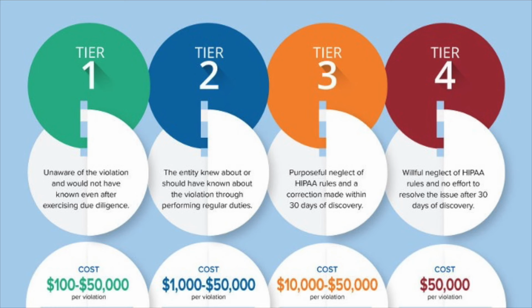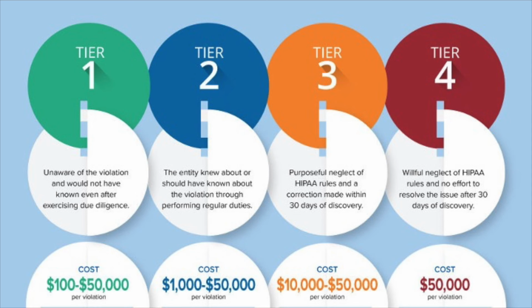Tier 2, where someone does something inadvertently, the entity knew about it or should have known about it through violation, while performing their regular duties, is between $1,000 and $50,000 per violation. And then there's the purposeful neglect of HIPAA rules, so not following policy and procedures. A correction has to be made again within 30 days of discovery, and that can be anywhere from $10,000